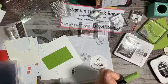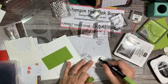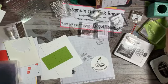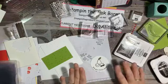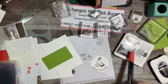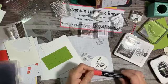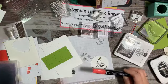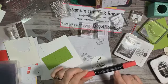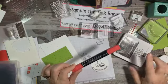So then I'm going to use dark Granny Apple Green for this leaf. Oh, and just to tell you guys, because you're probably wondering, how are you using the regular stamp pad with your alcohol inks? Well, you guys probably already know this because you're so smart, but I just found this out, that you can use your Stampin' Blends with our regular stamp pads because these are